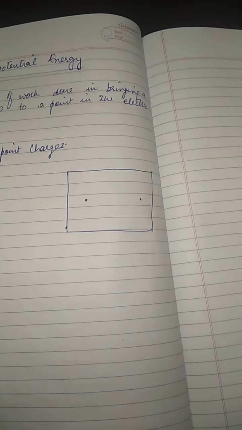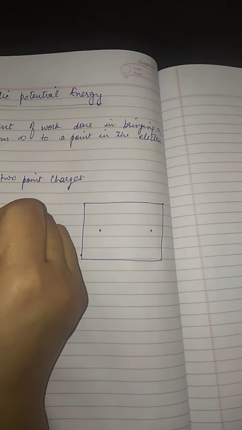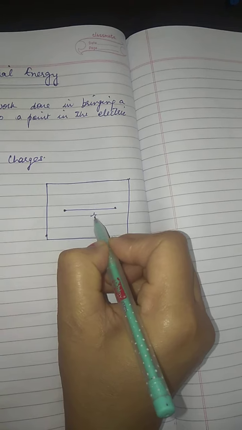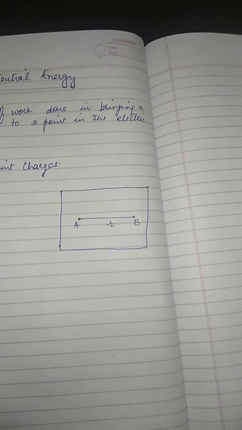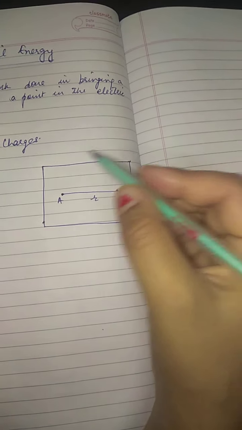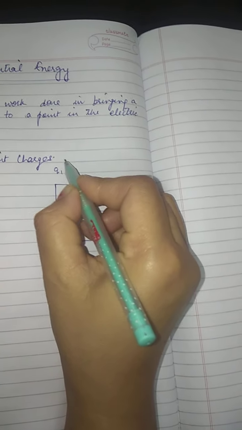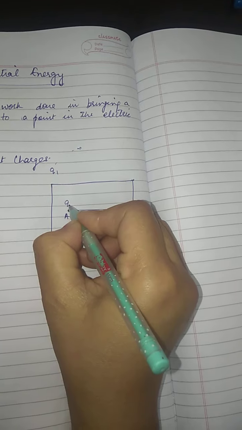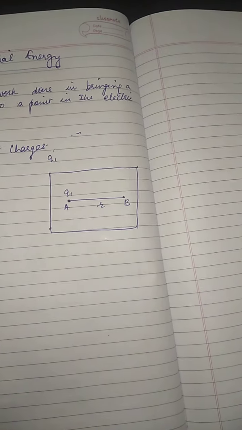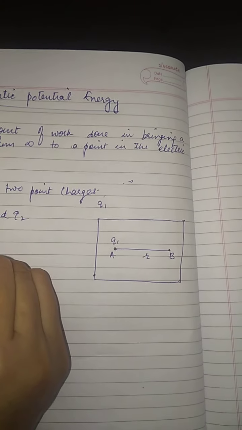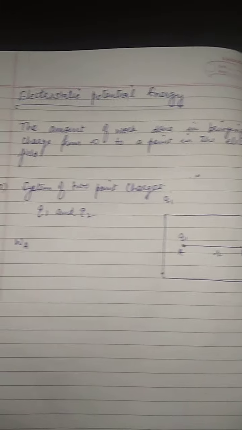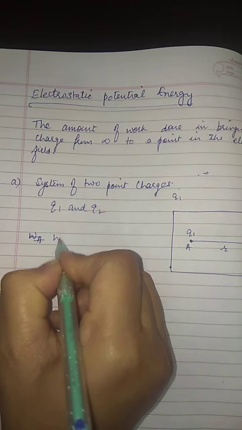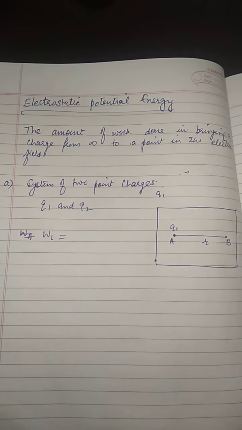Now let us consider Q1 and Q2. They are both charges, and let us consider the distance between these 2 points where I want to place the 2 charges is R. Now let us consider we are bringing first Q1 from infinity to this point A. So let us bring Q1 from infinity and let us place it at point A. Now let us find out work done in bringing the charge Q1, or simply I can write this as work for bringing charge Q1 from infinity to the point in the